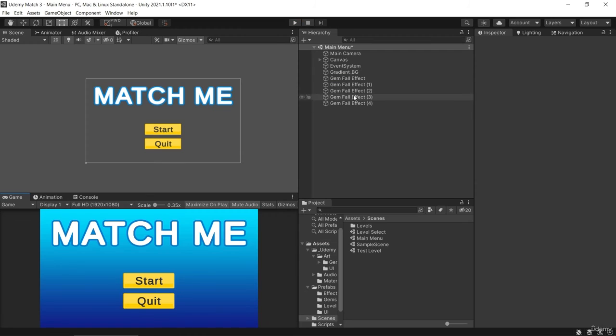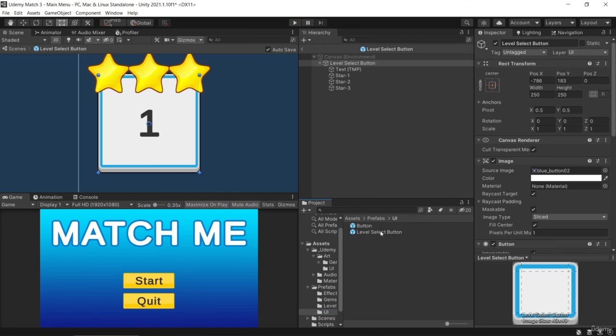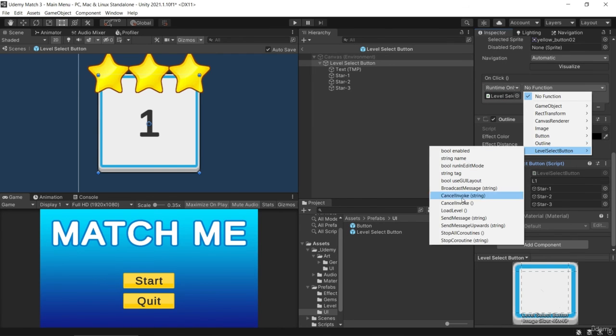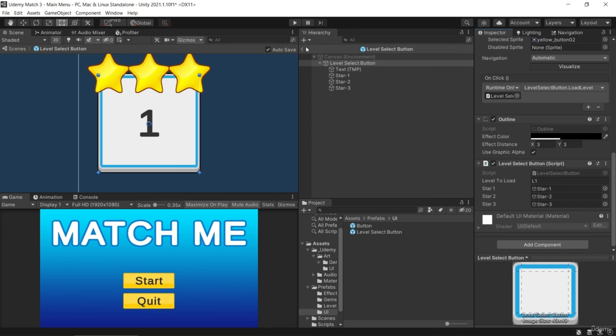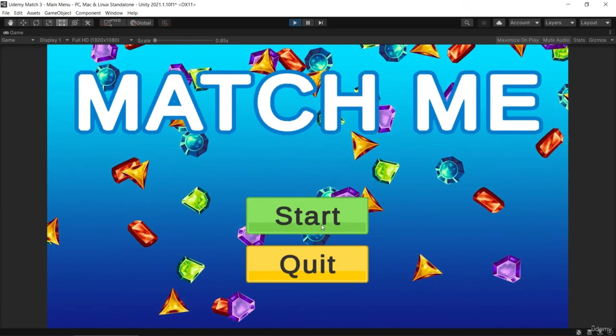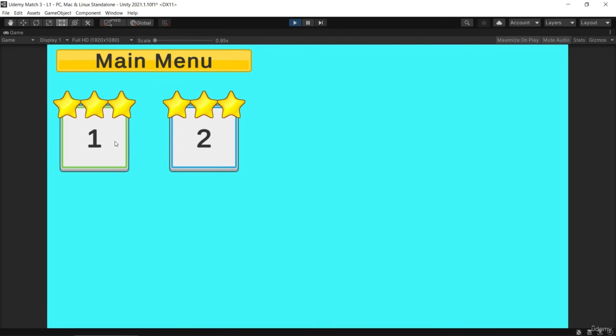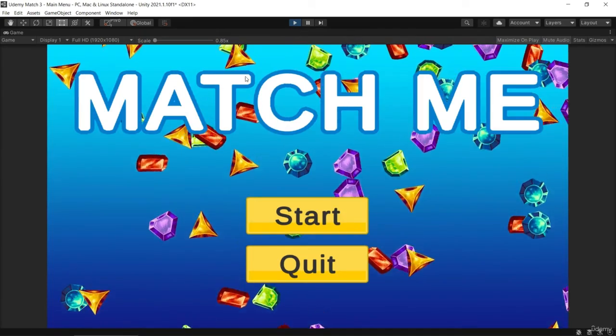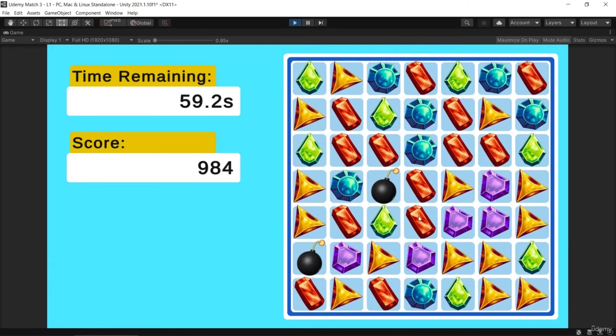Nope, because I didn't set up the button to do anything. Let's go to our prefab for the level select button. We'll open that up. And I need to go to my on click. I'm going to pull in the level select button components into there. I can go level select button and load level. There we go. Now it'll work perfectly. So we start, we click on 1, it'll take us into our first level and we can play away. But if we do it again and go to 2,